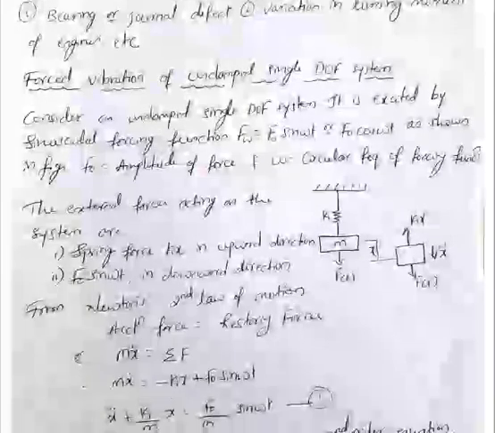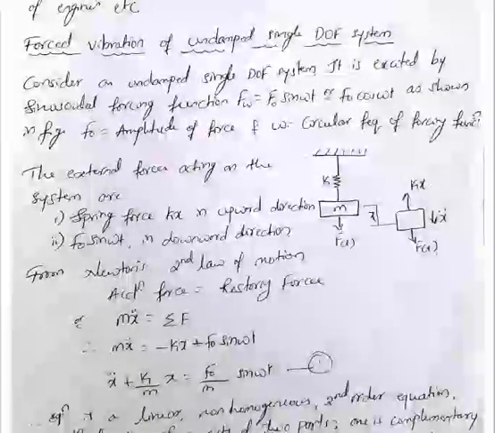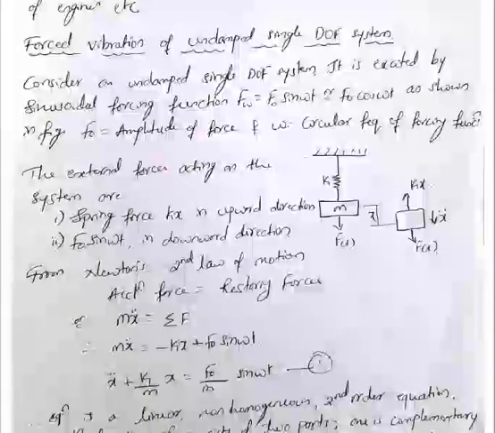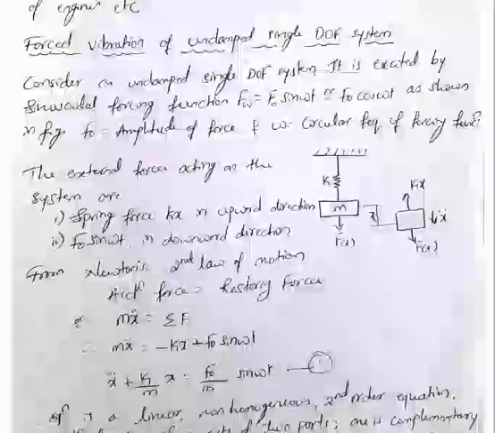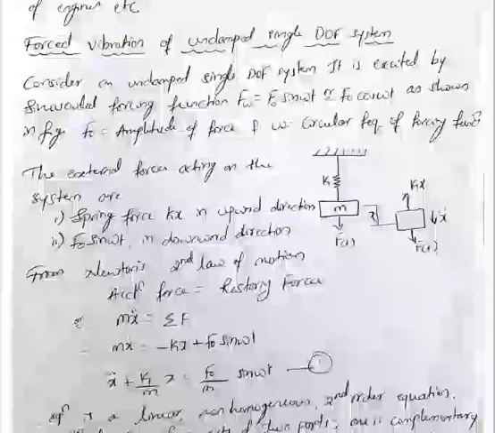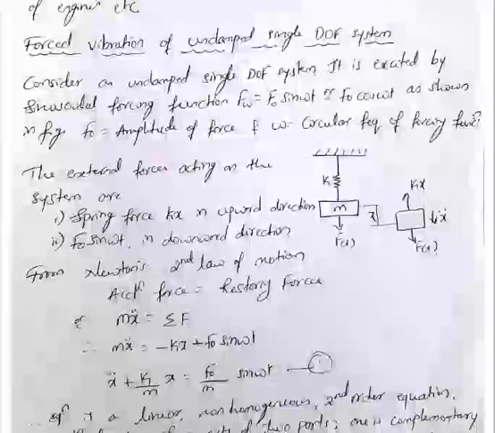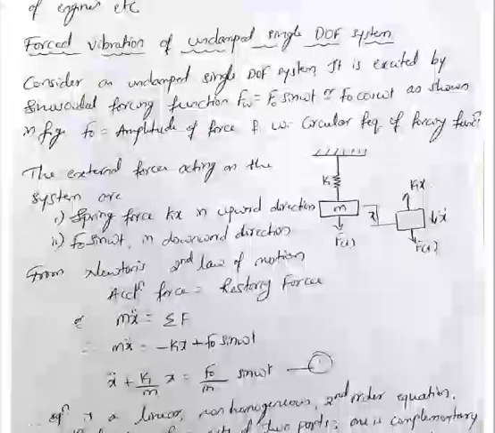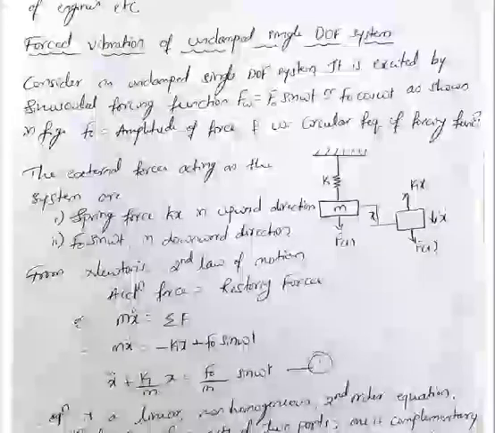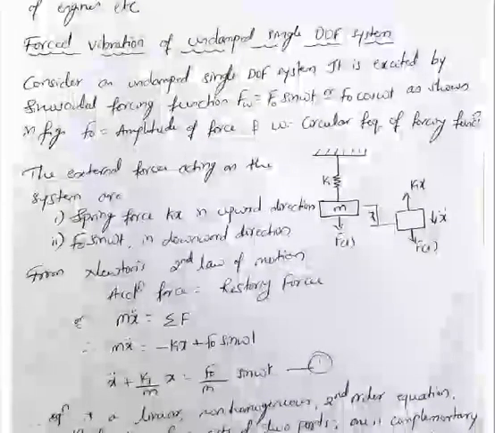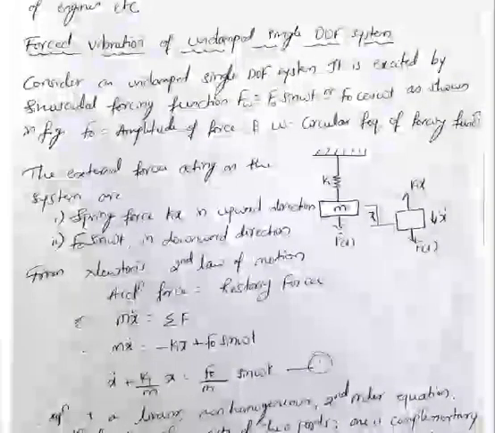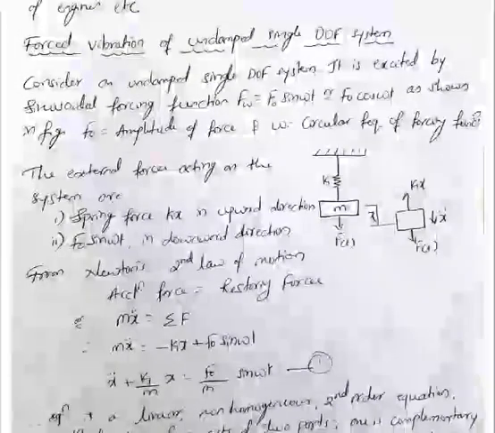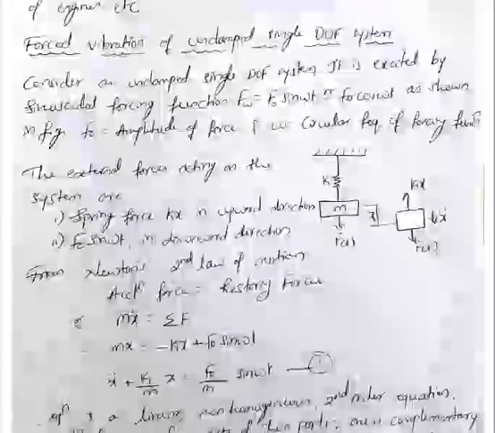the forced vibration of an undamped single degree of freedom system. Let us consider an undamped single degree of freedom spring mass system. Initially it is excited by a sinusoidal forcing function, that is F of omega equal to F naught sine omega t, or F naught cos omega t, as shown in this figure. Here F naught is the amplitude of the force